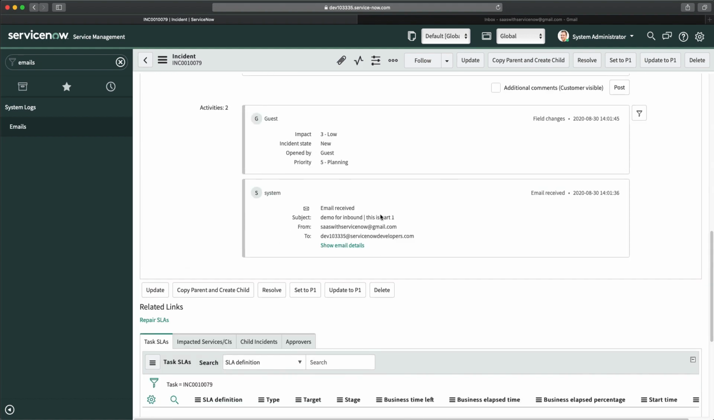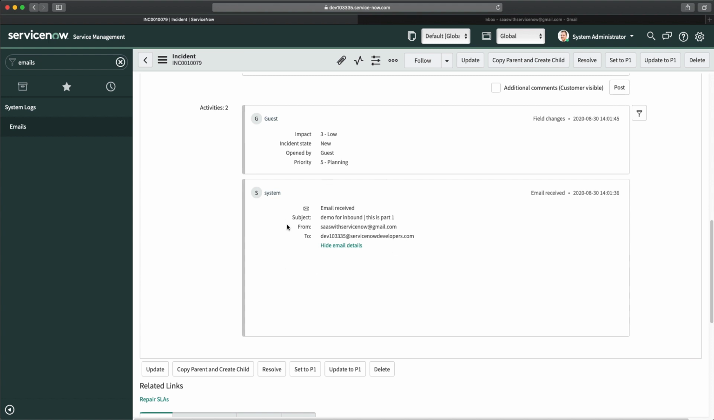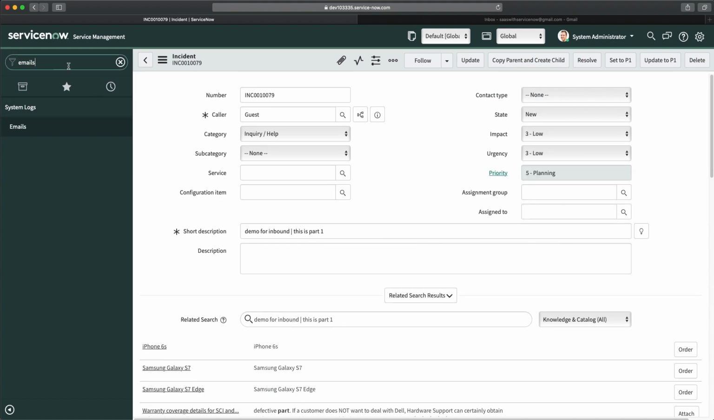See, in the activity, whenever you send any inbound action, the system will process it and create a record or update a record. You will always see that email in the activity log. You can see here, email received from where to where exactly it was sent. That is something you can see. Now, if I go to email logs again,